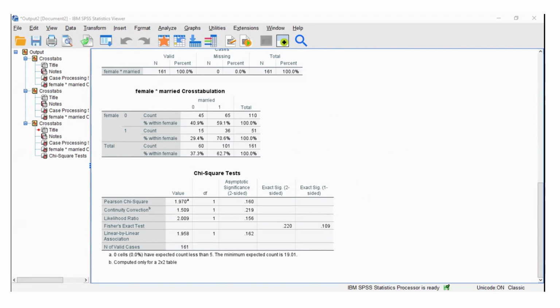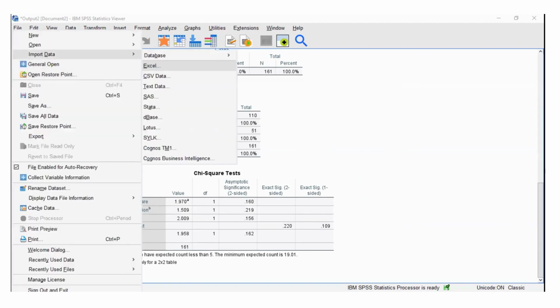Do you understand? The marital status of the males was not significantly different from the marital status of the females. That's our null hypothesis. And to test the hypothesis, we performed the chi-square test.